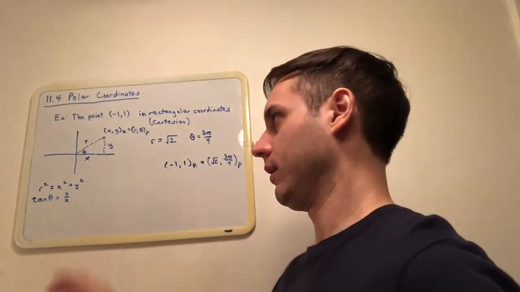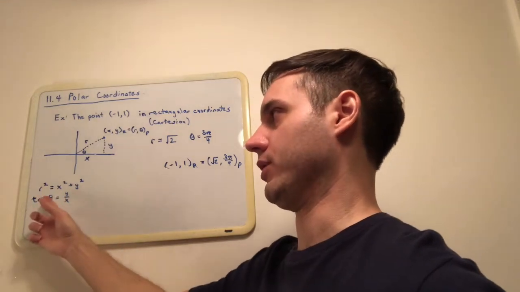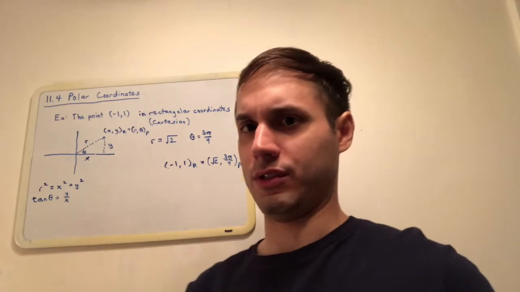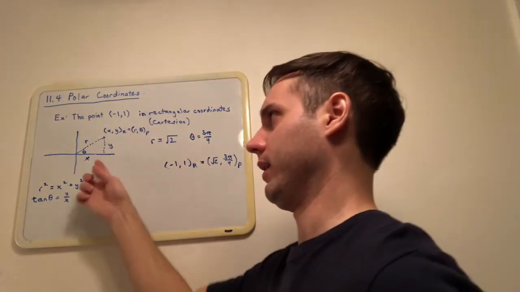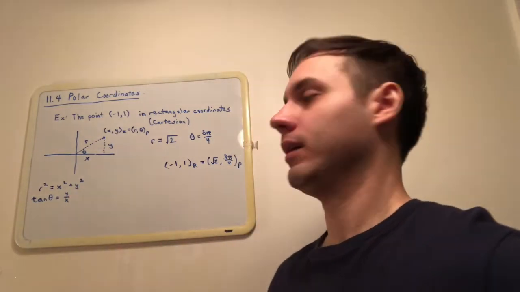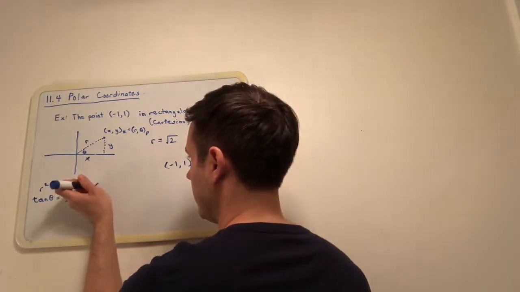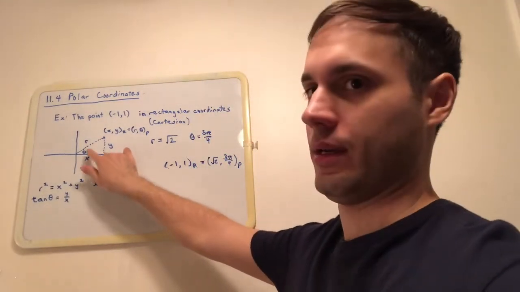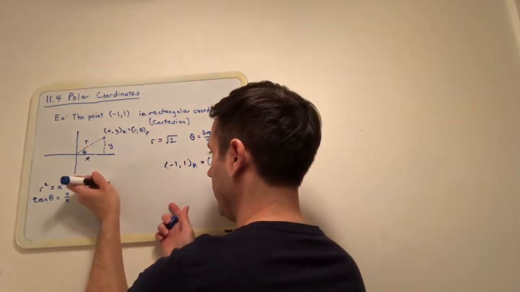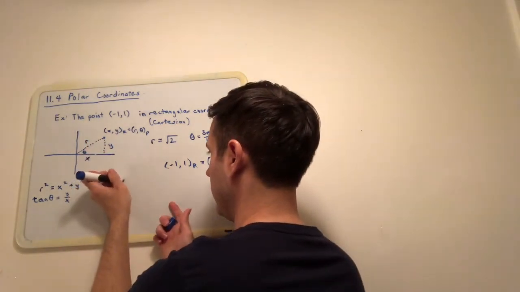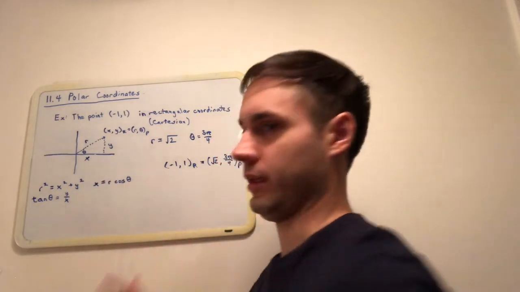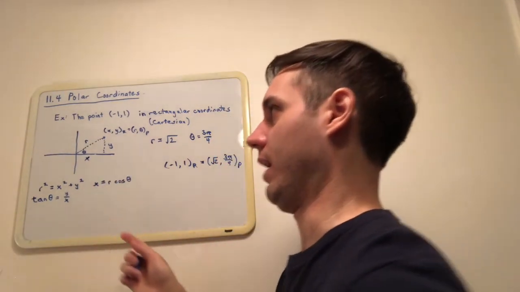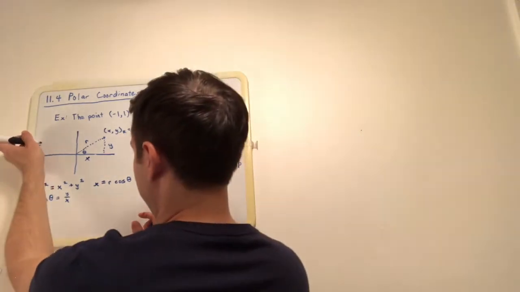Now, if I look at these two equations, notice that the main players here are r and theta. If I switch my point of view and think about x and y, if I want to find what x is, I can think of x as r times the cosine of theta. And just to break that down a little bit, remember cosine theta is adjacent over hypotenuse, so if I want to write that out,